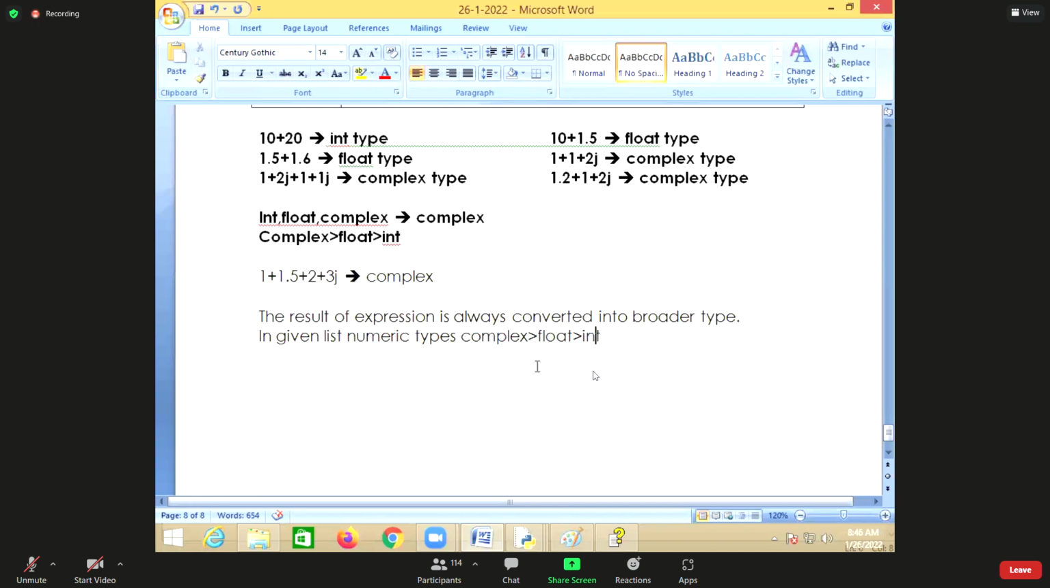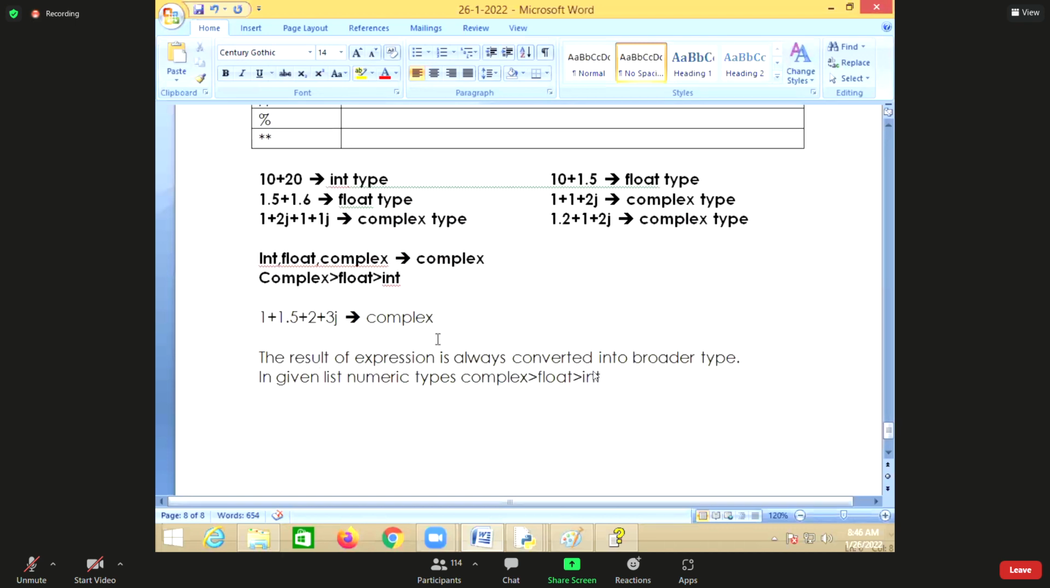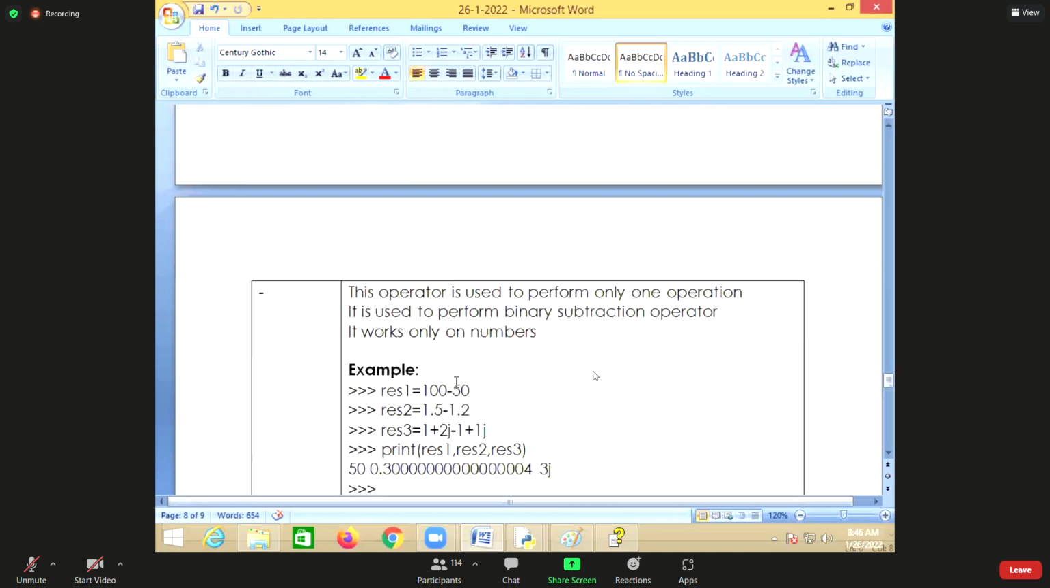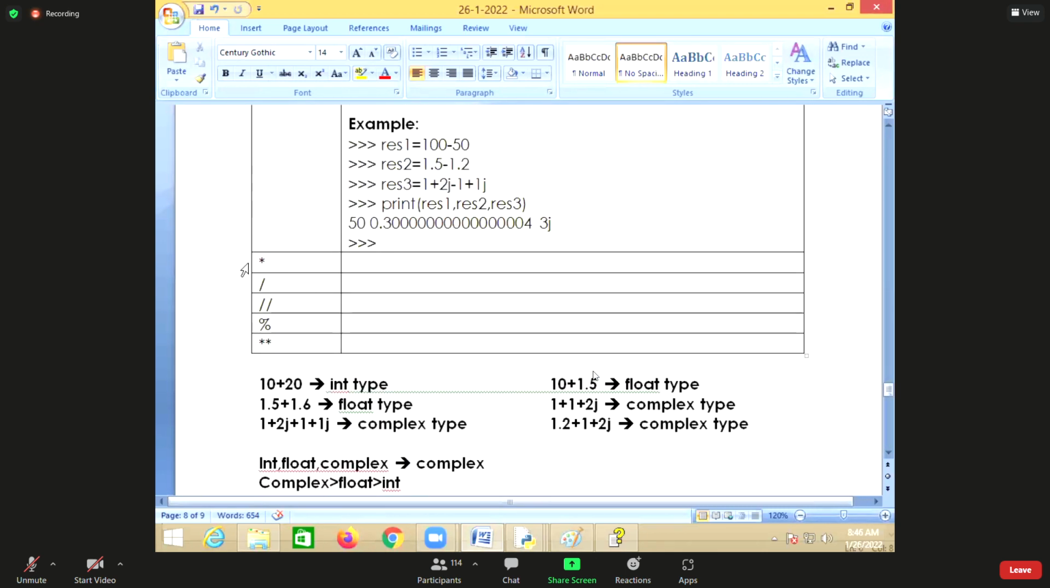So whenever you do arithmetic operations on different data types, you always get the result in the broader type. Given this list of data types, you get the result as complex type. We'll see other operators like star and slash,